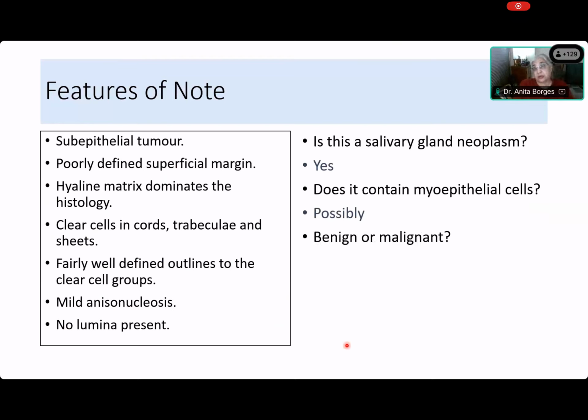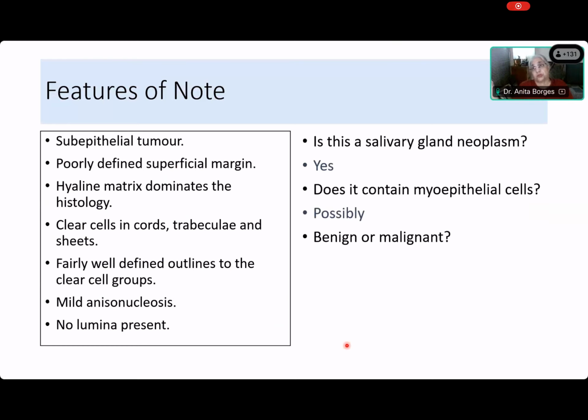And the question is, is it benign or malignant now? So what do you think? That's the next question. Yes, ma'am. If these were myoepithelial cells, would you call them benign or malignant? And if they are not myoepithelial cells, what would you say? If not myoepithelial cells, then we will consider it malignant. If they were not myoepithelial cells, you would say it is malignant. Excellent. Because the only thing that is benign and is not of myoepithelial origin is the Warthin's tumor.